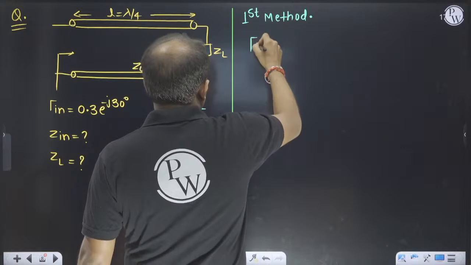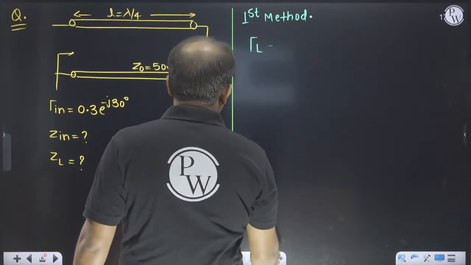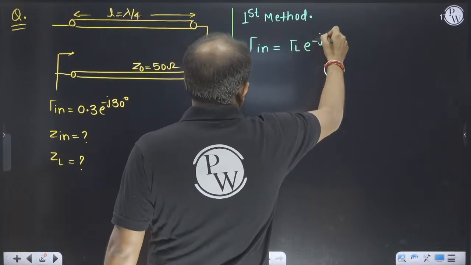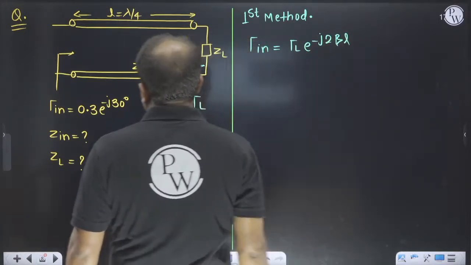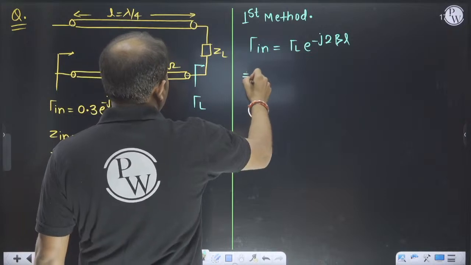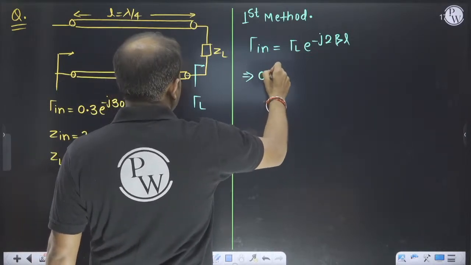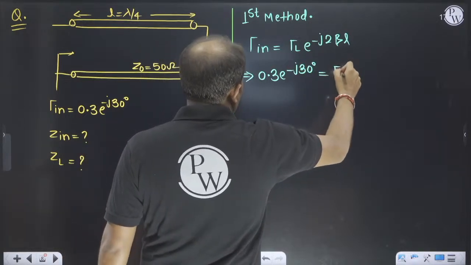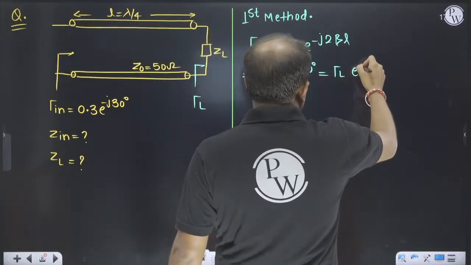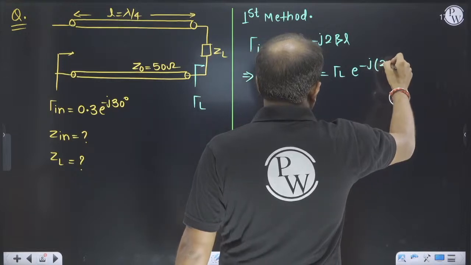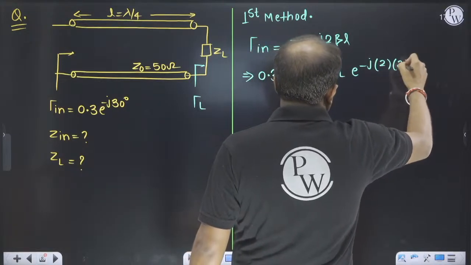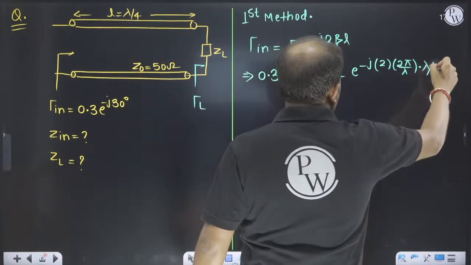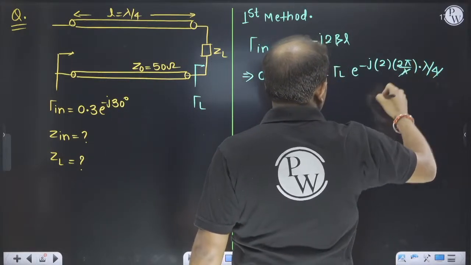So gamma L will be equal to, gamma in will be equal to, what is gamma in? At a distance, gamma in e to the power minus j 2 beta L. So gamma in we know is 0.3 e to the power minus j 30 degree, and gamma L we know e to the power minus j, beta is 2 pi by lambda, and lambda is given as lambda by 4 length, so e to the power j pi will be